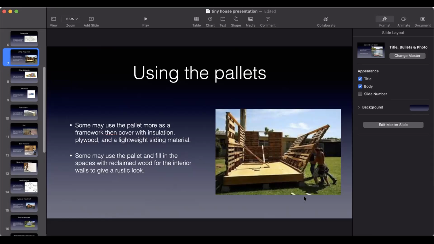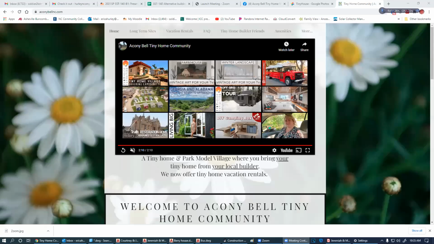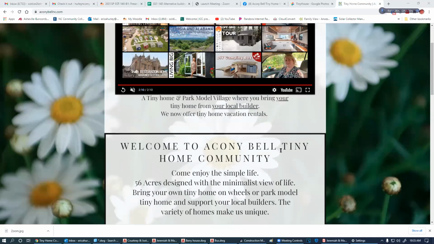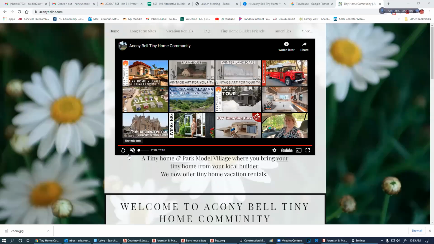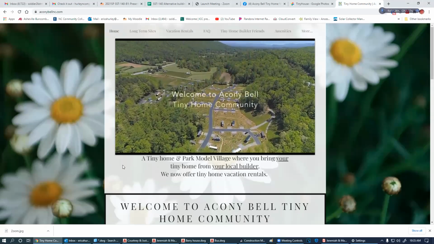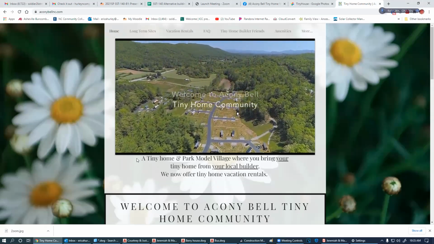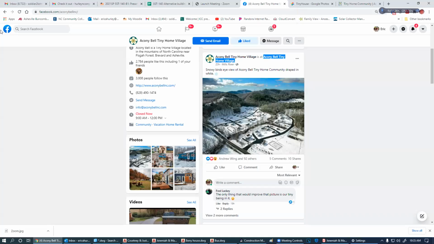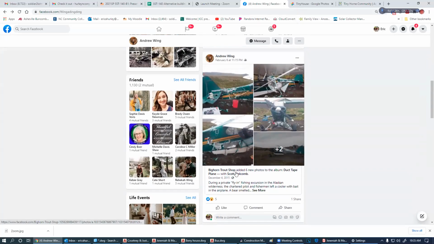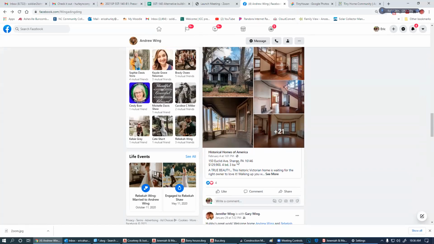Let me share with you my little experience here. First, this is, I don't know how you pronounce this, Oconee Bell Tiny Home Village. That's the one I was telling you about in Mills River. One of my former students just recently finished his tiny house and moved it to here. Let me find,